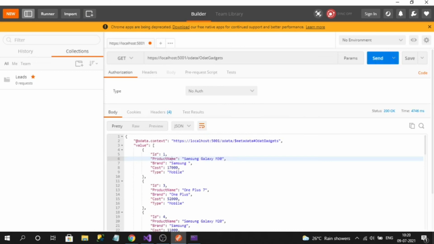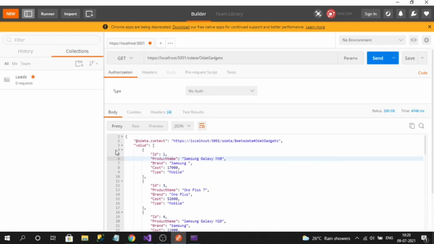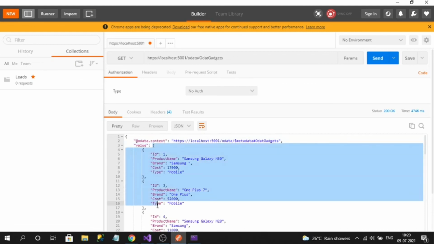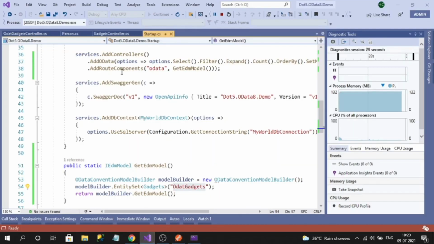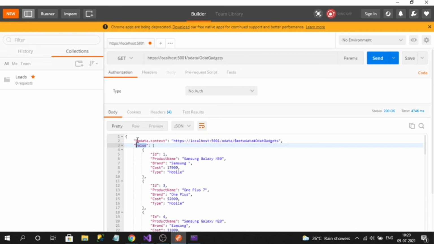See, this is the original OData response. How can we confirm? Here is one of the default properties of OData. See, our response is assigned under value. This property is not from our side. In the code, you can see there is no value property. Everything is framed by OData. If you recall previously, there is no such thing. The response is directly rendered, right? So this is how OData works.